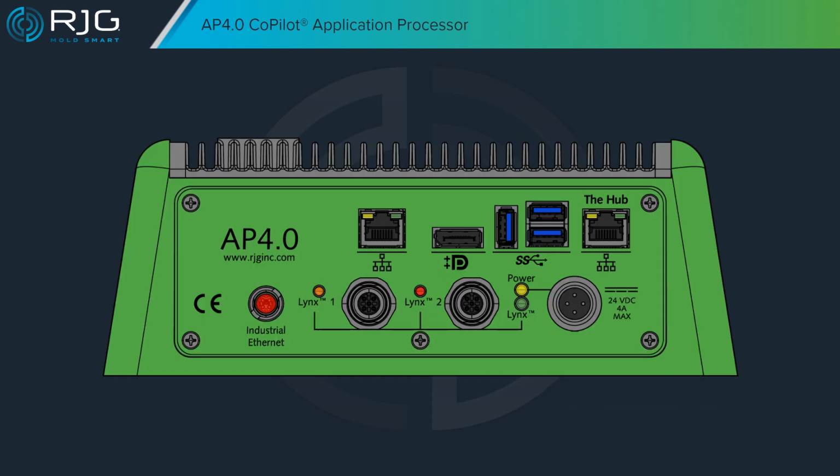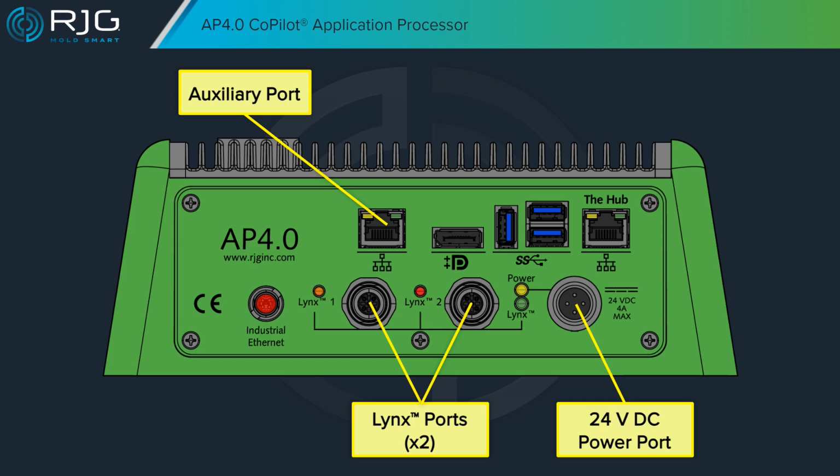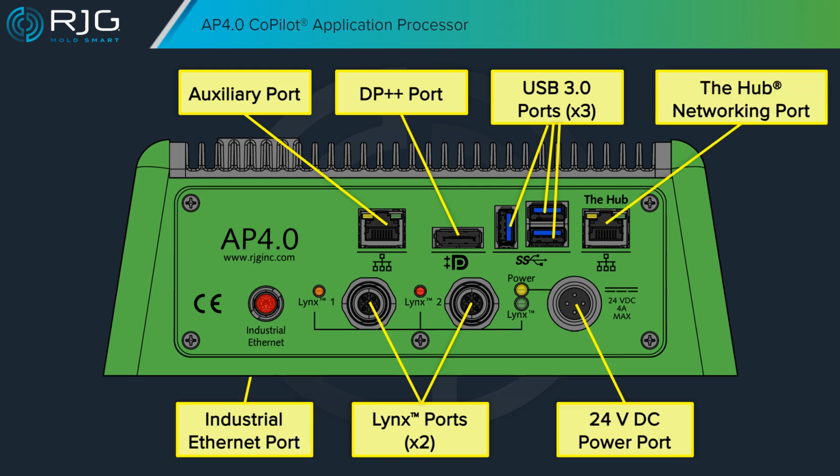CoPilot software is pre-installed on the AP4.0 and receives data from the Lynx sensor interface ports, which are connected to Lynx hardware on the injection molding machine. In addition to the two Lynx ports and the 24-volt DC power port, the AP4.0 unit contains the following connections and ports: an auxiliary port, a DP++ port, 3 USB 3.0 ports, the hub networking port, and an industrial Ethernet